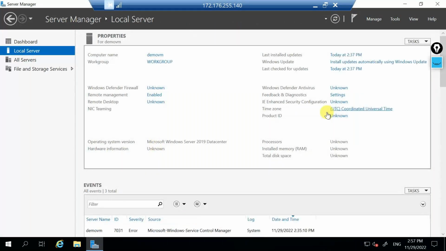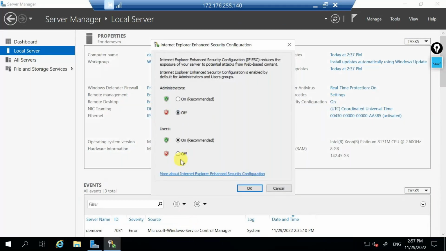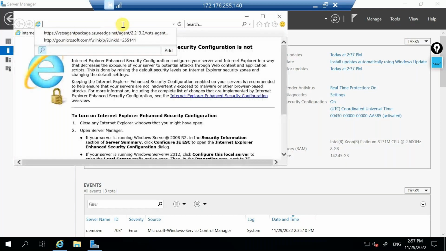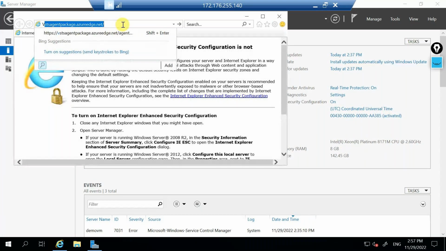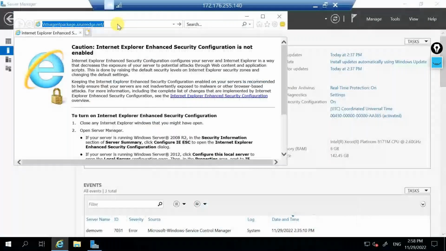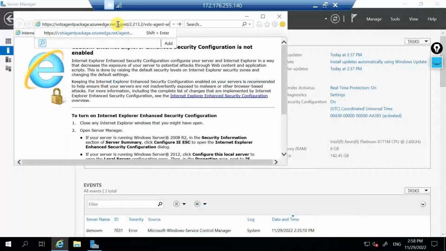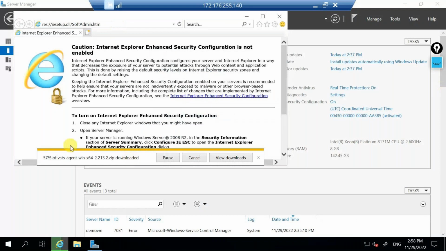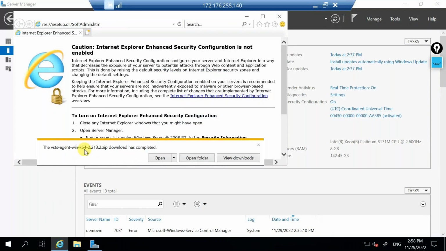So I have something called IE enhanced protection. Say off, say okay, good enough. Just try this out right now. So I'm just pasting the entire link that I have copied from here. And I'll just say save. So it just goes ahead and downloads the zip file. All it does is that